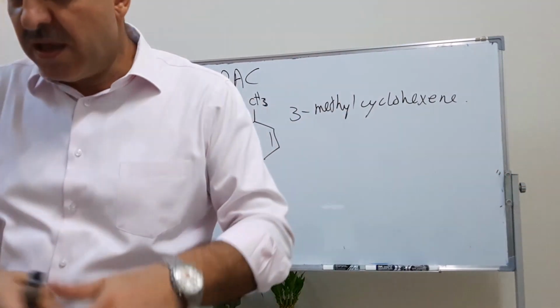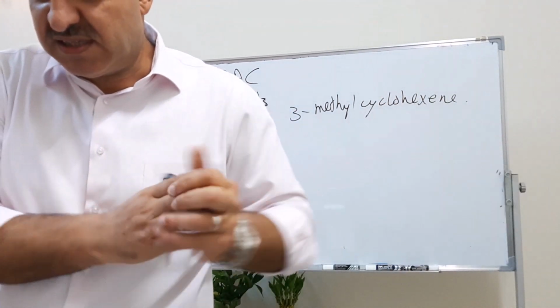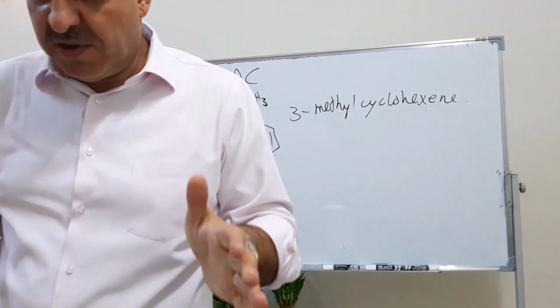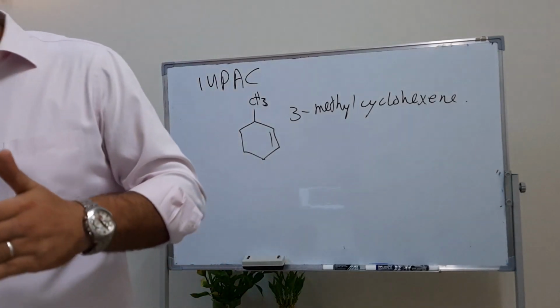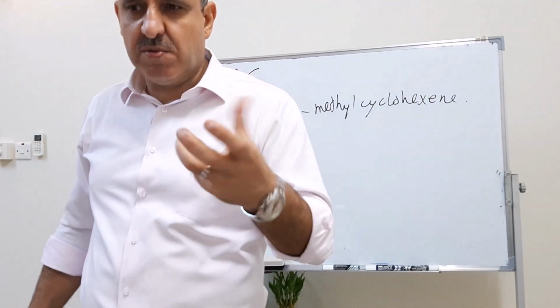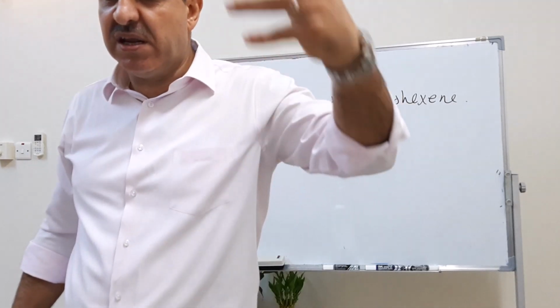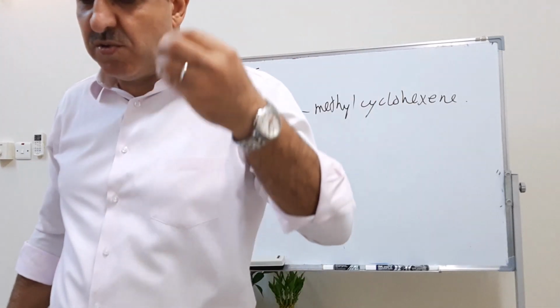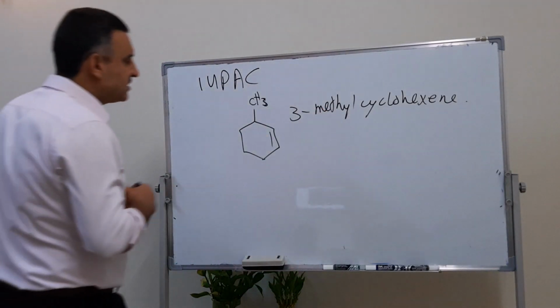Do you follow me? It must be 3-methylcyclohexene. Why? Because, again, whenever you have a functional group in a cyclic system, you must start numbering at this functional group and give it number 1. So we must start